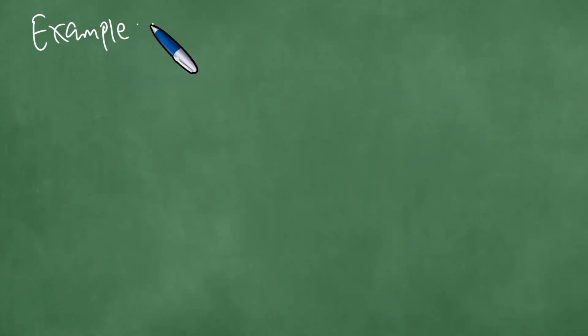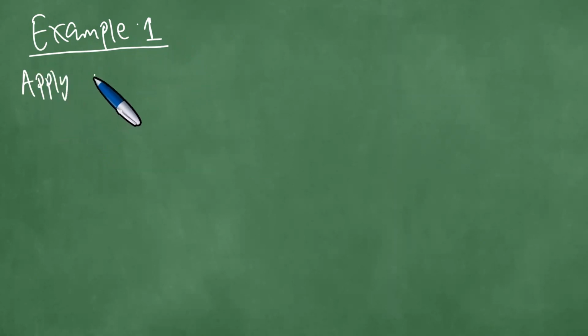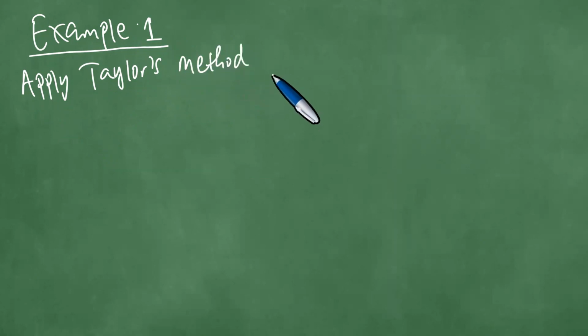Taylor and Euler are exactly the same thing. Here's the question. The question says: apply Taylor's method of orders